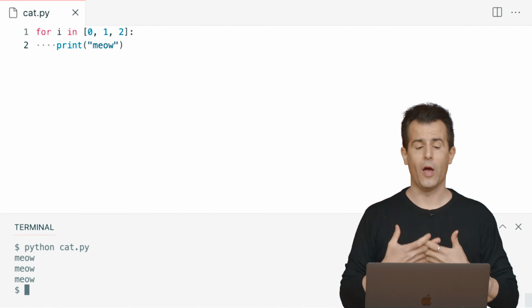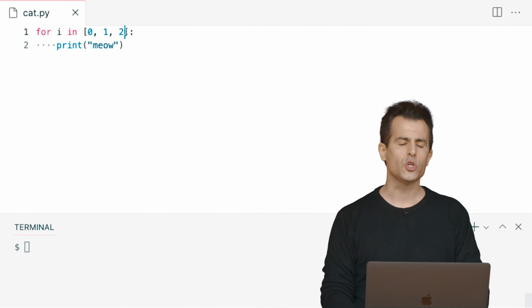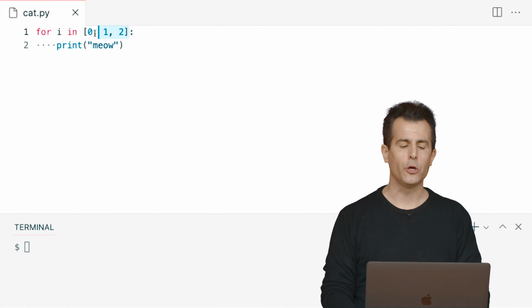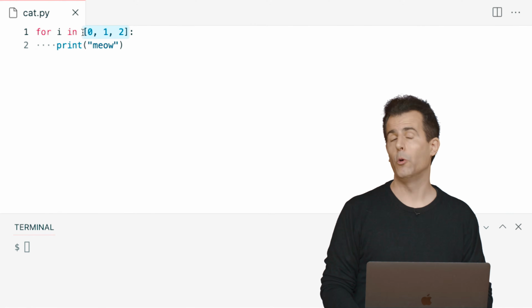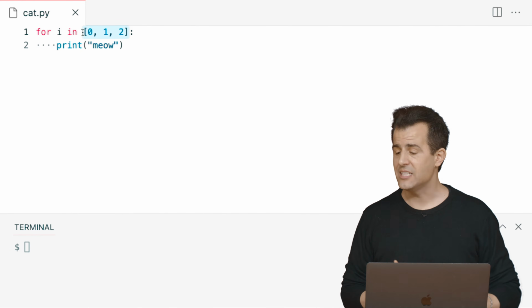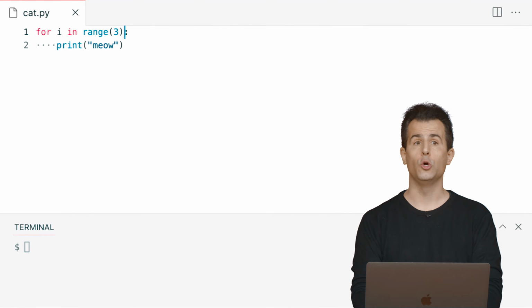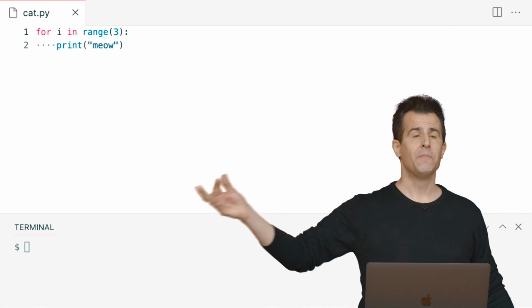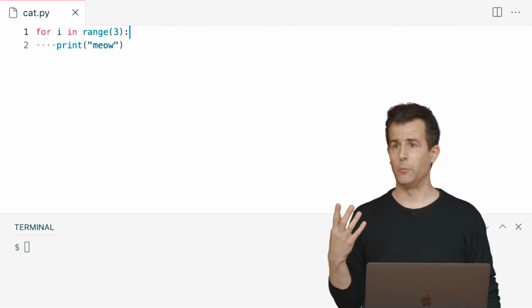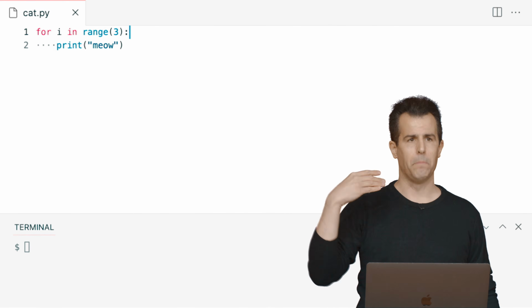The one way we can solve this problem to improve the design is don't just manually specify the list of values. Use a function, someone else's function that comes with Python, that gives you the list you want. The easiest way to do that in Python is to use a function called range that returns to you a range of values. It expects as input at least one argument, and that number is going to be the number of values you want back.